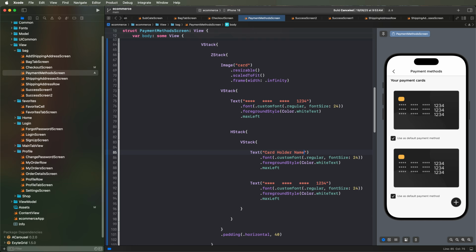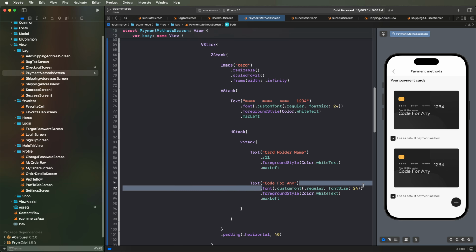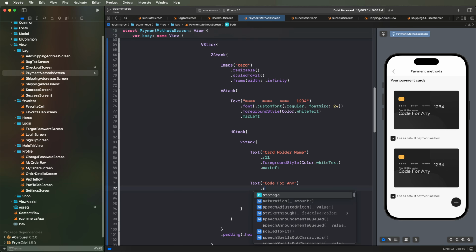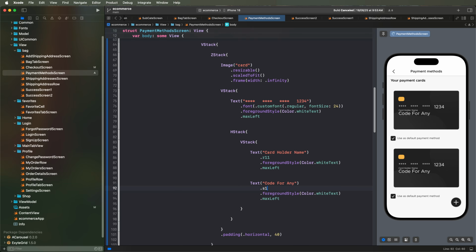name property, and we need to set the name CodeForAny. And we need to set it like this. We need to set the fonts. We need regular 11s and use this R11s. These are the shortcuts we need to use. And we need to use the semi bold 14 font